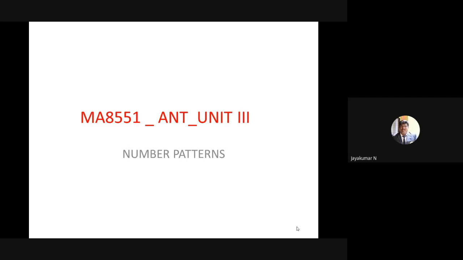This is a less important topic in unit 3, because when I give the problem directly you can see the answer. Sometimes we have an 8-mark problem in this topic also. So this is a less important topic. Why? Because easily you can find the answer, because you have attempted a lot of aptitude problems. Some problems I just show you, definitely you can give the answer. But from this topic you can get an 8-mark problem also.